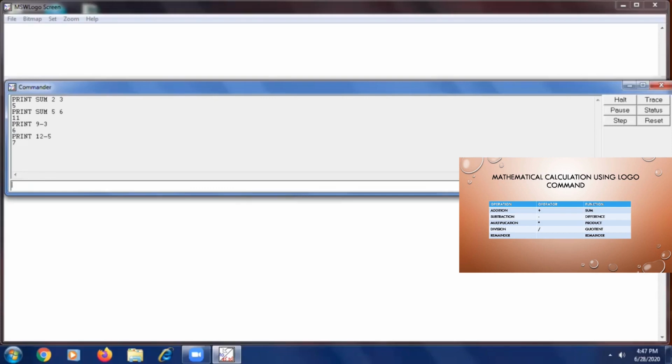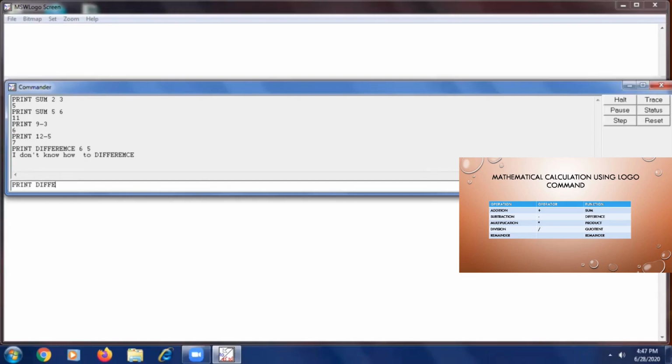Now the print function is difference. First I have to write print, then I have to write difference, then I need to give the numbers, 6 and 5.